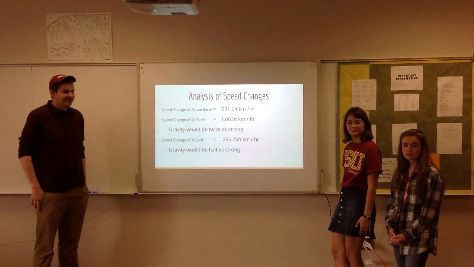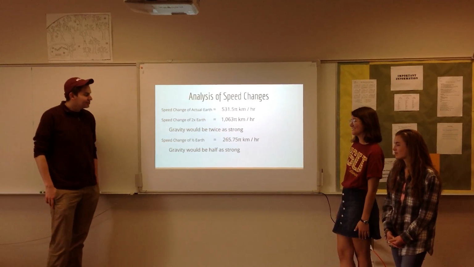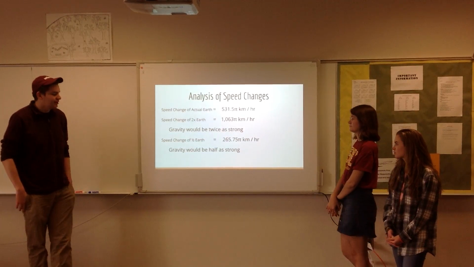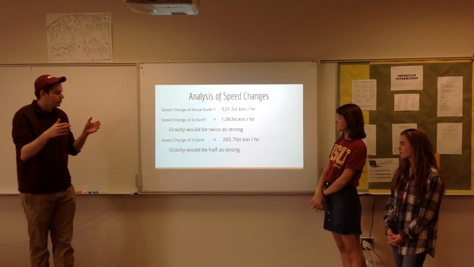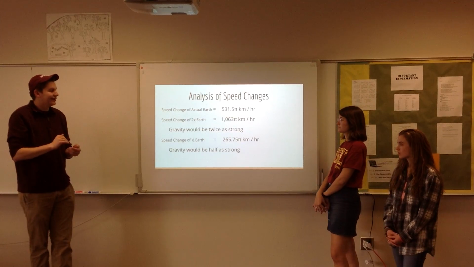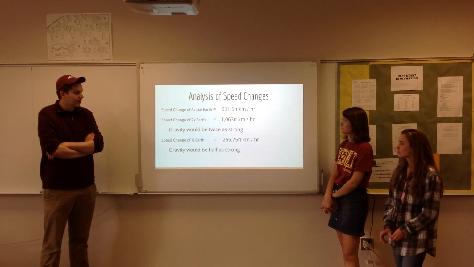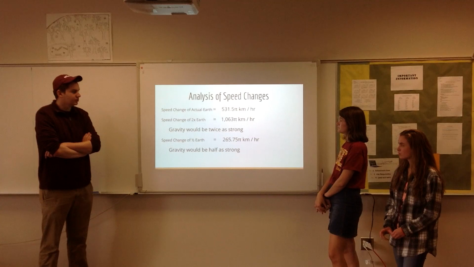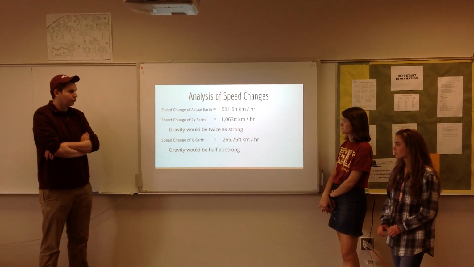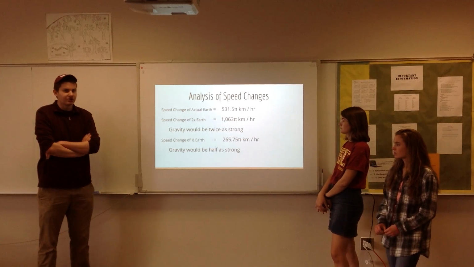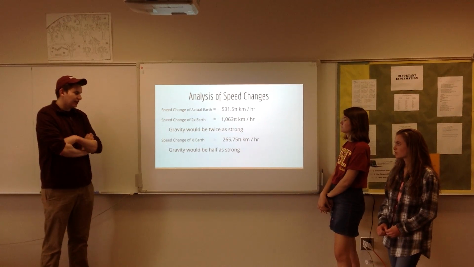Also, I would not be as tall. Yeah. Also, the structure of the planet would be very different. It would eventually flatten itself, so it would elongate at the equator and flatten at the poles. All the water would move towards the equator, so the equator would essentially be all flooded and almost all underwater. The poles would be pretty much the only place that I think humans could live if gravity were to be twice as strong.